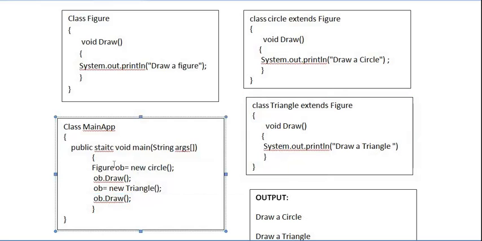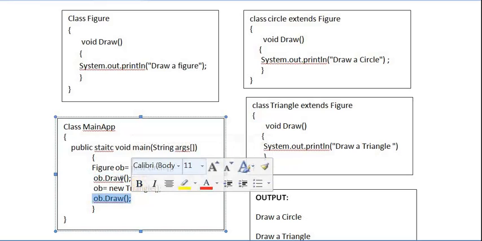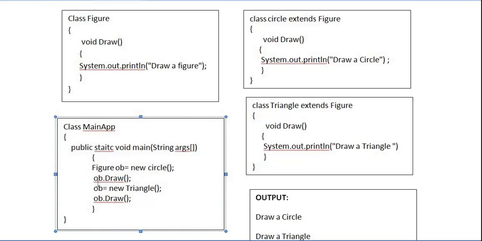So you see this concept. There is an ob.draw method and here also ob.draw. The statements are both the same but performing a different task. That is what is called polymorphism. With the same statement we are performing different tasks, which is called polymorphism.